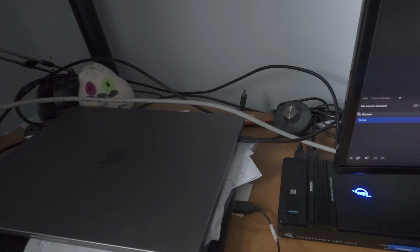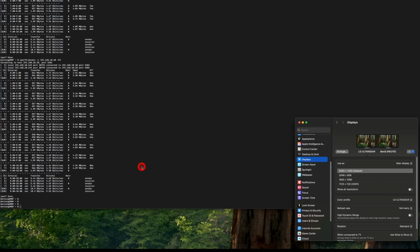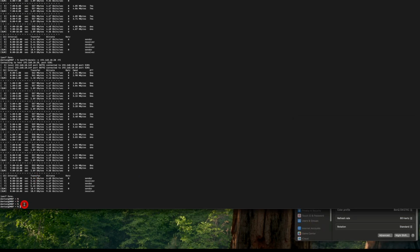Yeah, the problem with BenQ is it doesn't have automatic port recognition, but this time it worked, I think. It hasn't turned on yet. Yes, it's on. So now I have those two monitors connected. The BenQ is connected directly to my MacBook. LG is connected via docking station, and I switch to 144 Hz on LG. BenQ is at 60, and if I run